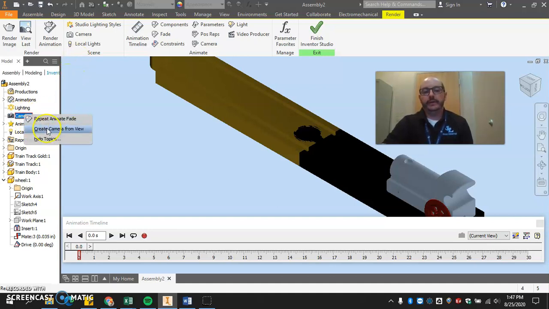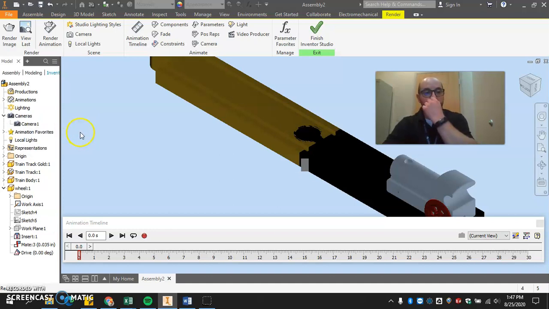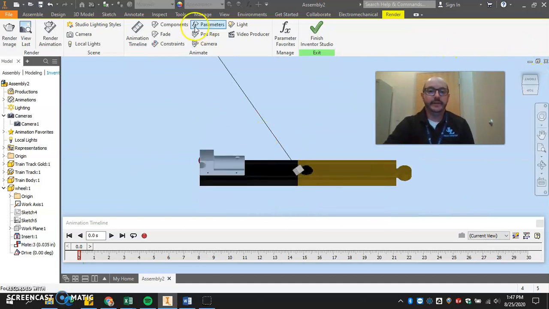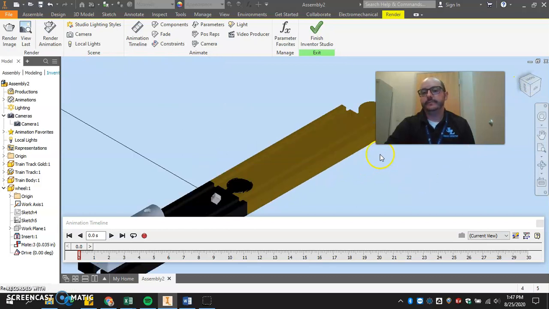I right click on it. I'm going to go create camera from view. Okay, so it has made this camera based on this view. Okay, and I can wrap it around and I can make camera 2. So maybe I want to go here and make this. Actually, I'm going to go